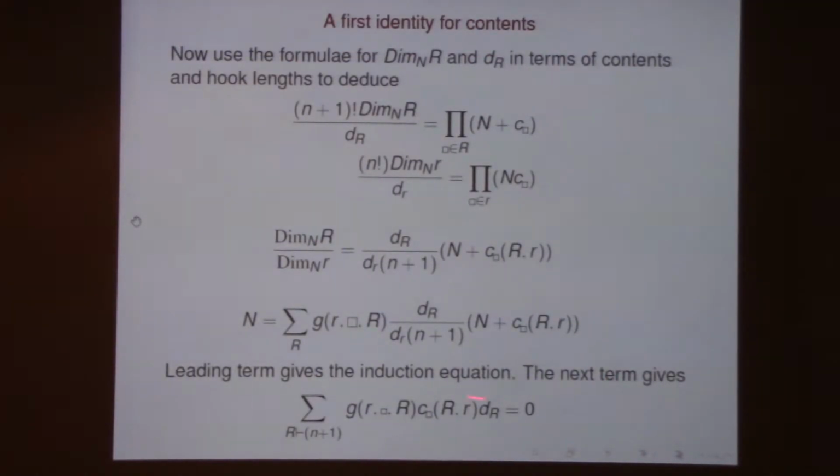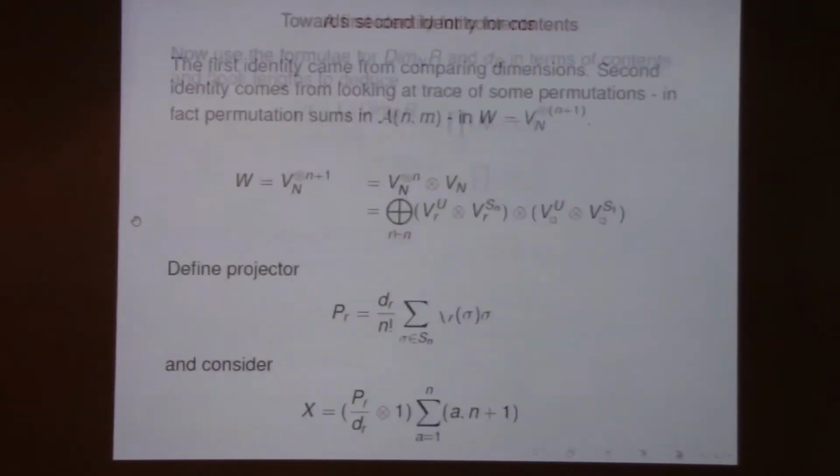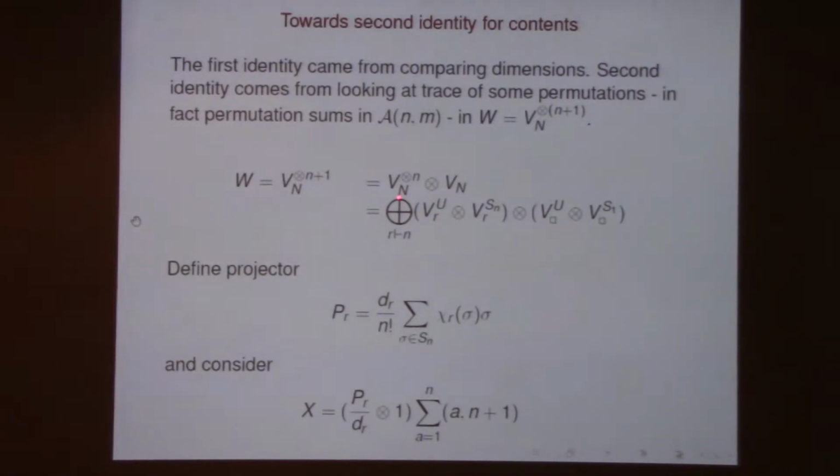So we got an interesting equation just by looking at this identity and then comparing dimensions. But we want to do something a bit more general. So how can you do something more general than comparing dimensions? Well, the dimension is the trace of one. So what you can do is take a trace of something else. So one thing you can do is take a representation like that, tensor with n factors,